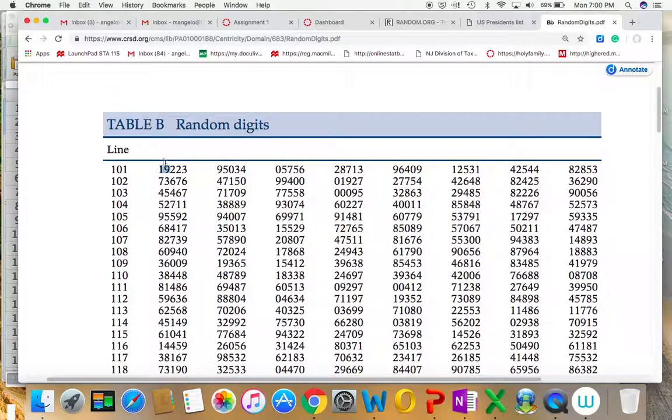So the very first number of my sample is going to be 19. The very next number is going to be 22. Then comes, this is where you've got to be careful, 39. Okay. Next comes 50. Next comes 34. Next comes 05. Next comes 75. Next comes 62. Next would come 87. Next would be 13, and you follow this process until you've totally exhausted your population and you've gotten your sample